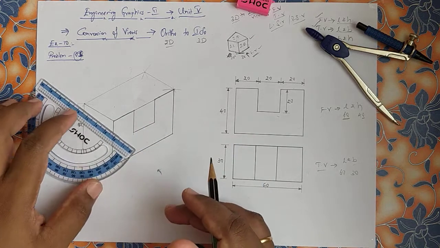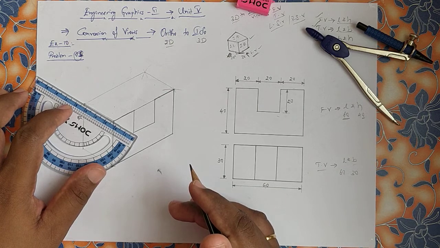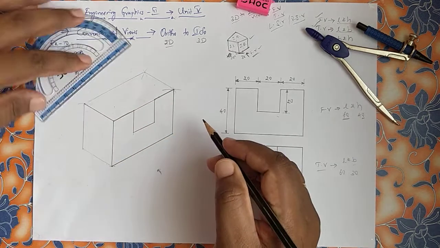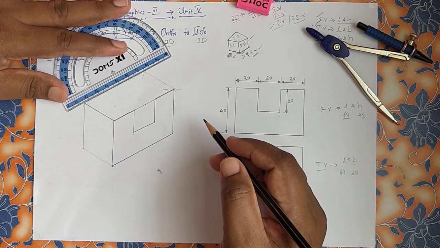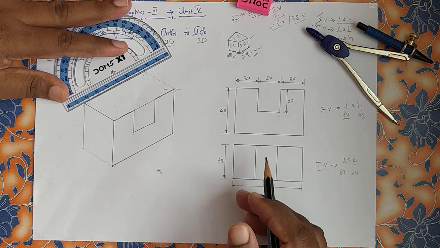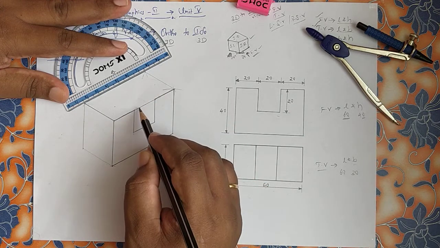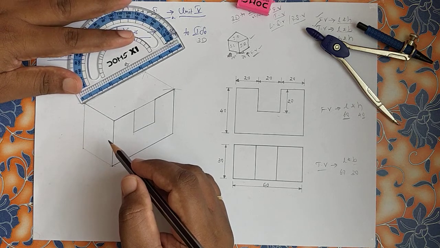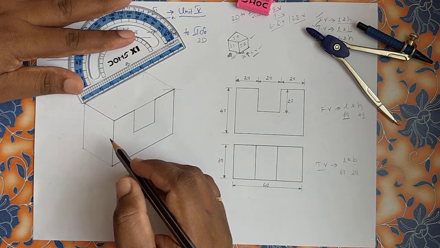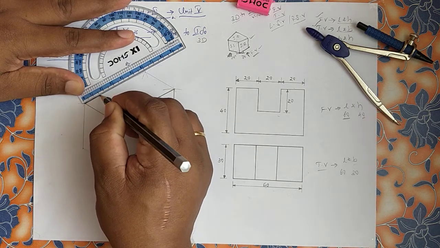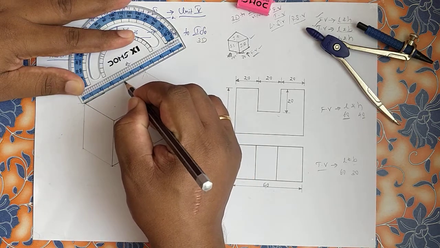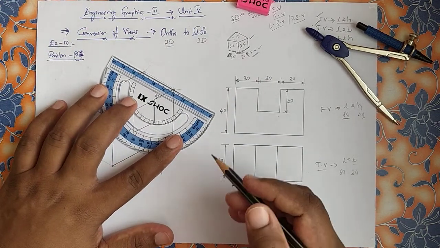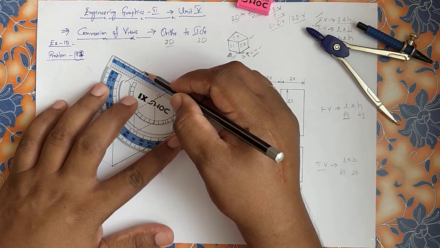Now for that purpose, try to draw thick lines. This first one, the overall box, try to draw thick. All of it is full and complete. But where you have to remove is here, where we have to keep the step. So for that purpose, at this particular line, I am drawing only 20 mm towards the right, and from here 20 mm towards the top. Now this side is full thick, so I am drawing a thick line completely.